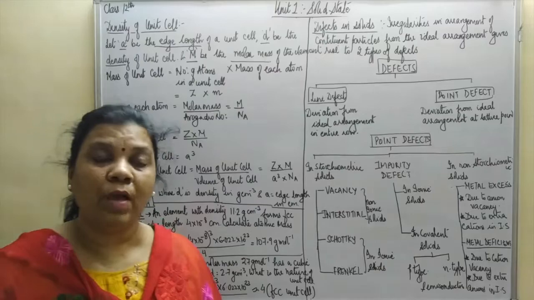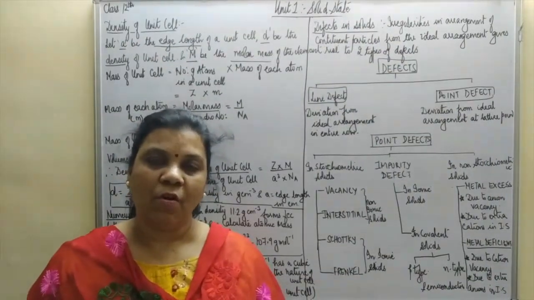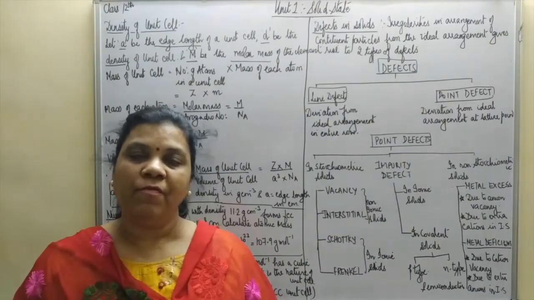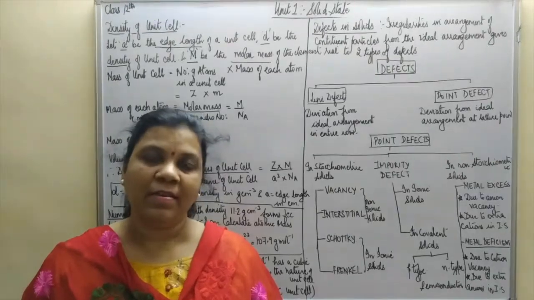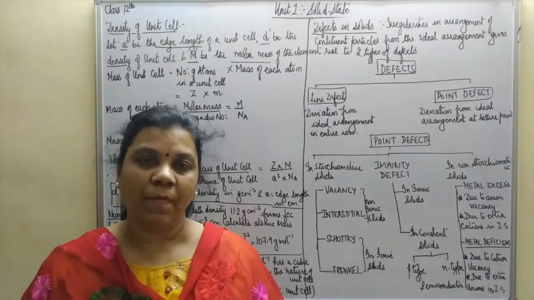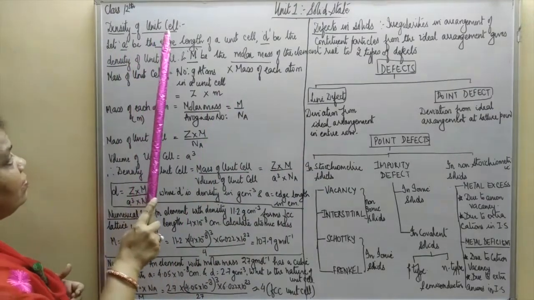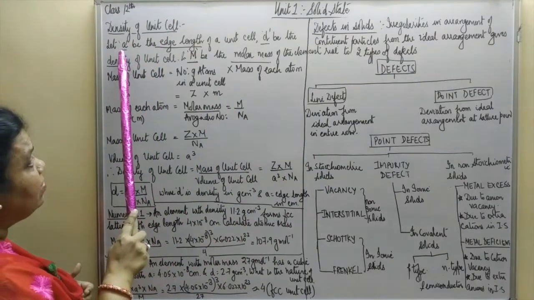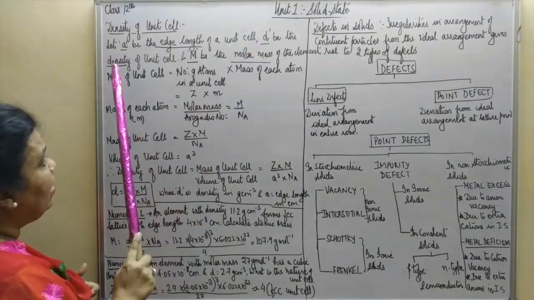The topics we'll be discussing in this video lecture are how to calculate the density of the unit cell, and the different types of defects exhibited by the solids. So let us get started with the very first topic, and that is the calculation of density of the unit cell. If we consider small a to be the edge length of the unit cell and D is the density of the unit cell,